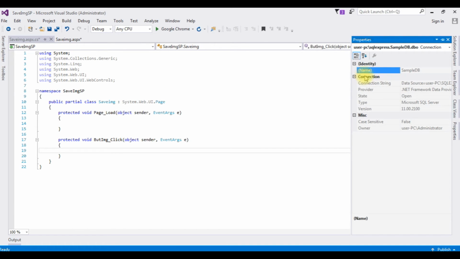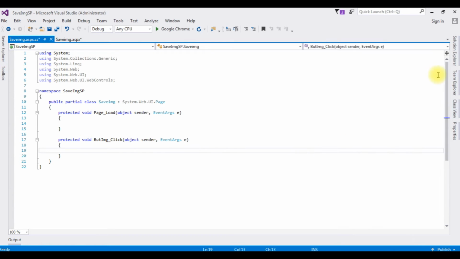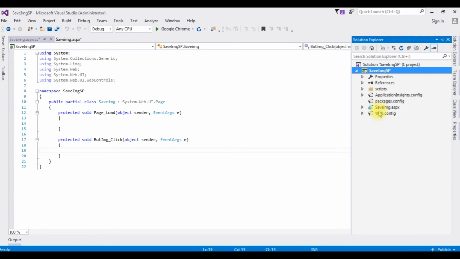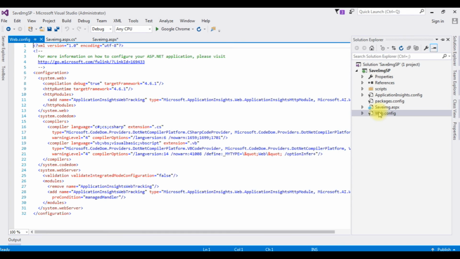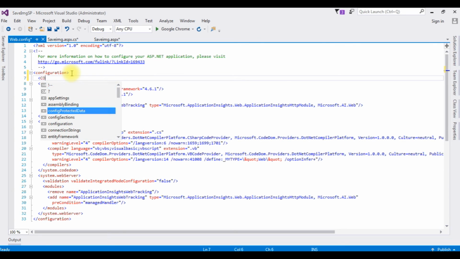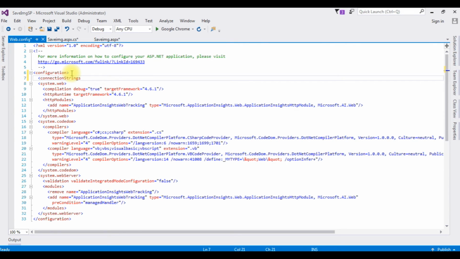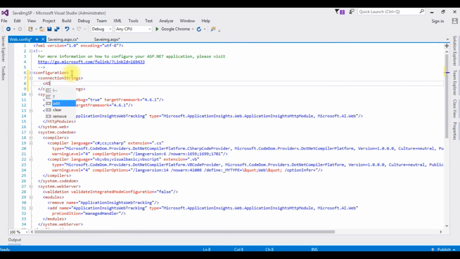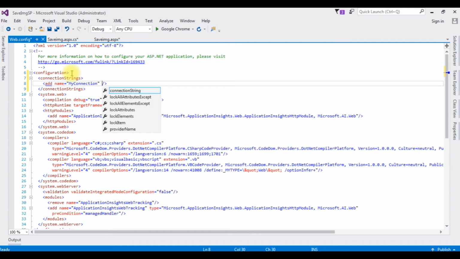In the properties and the connection, the first one is a connection string. Just copy the whole part, the data source. Go to Solution Explorer, open web.config file. Between the configuration, I'm adding connection strings, add name is equals to my connection string,